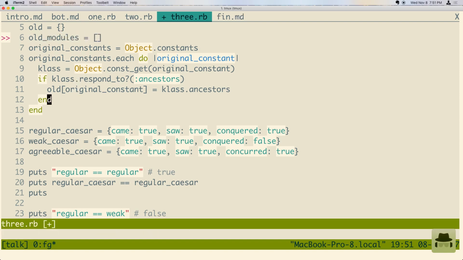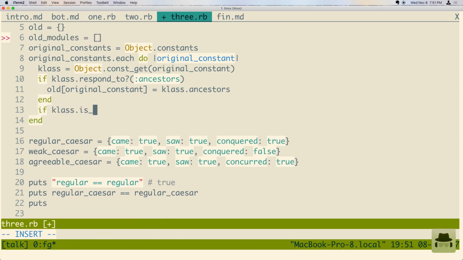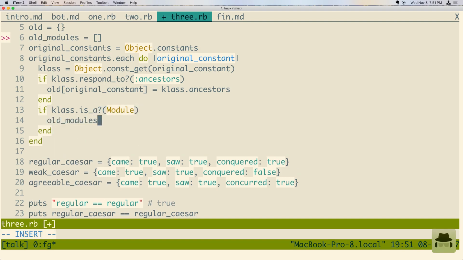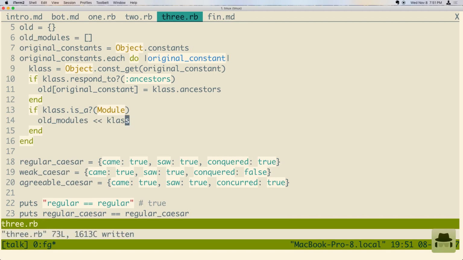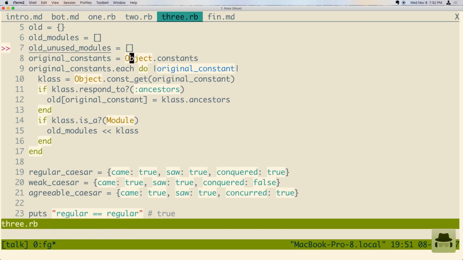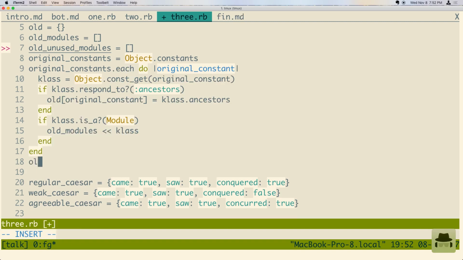just capture the modules first. So if it is a module, I'm just going to append it to the list of old modules. Now, we've built this list of modules, and we can have old unused modules be an array. After we've gone through all of the constants and populated the list of modules,